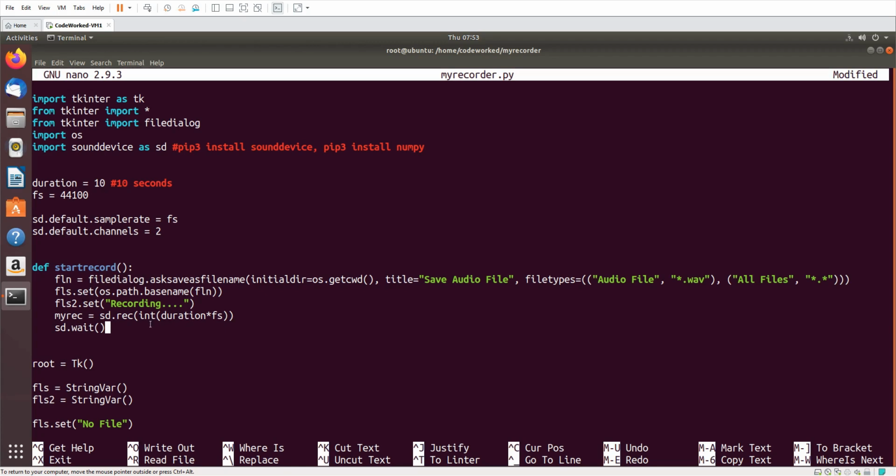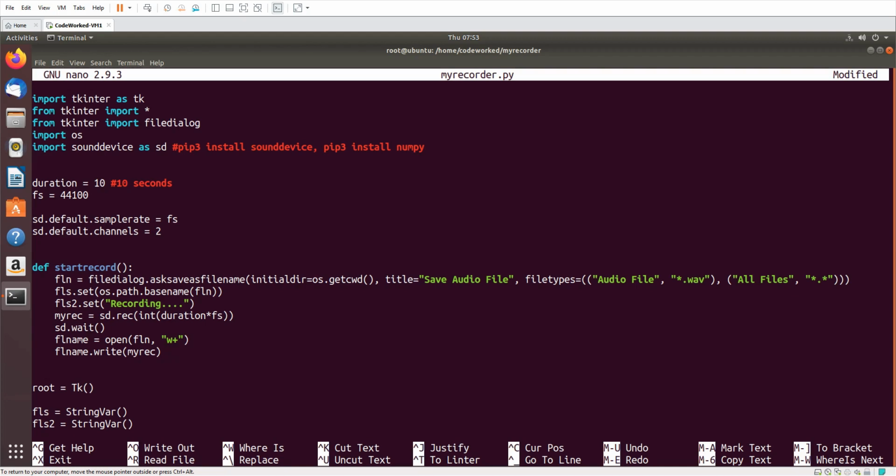Okay, but one thing, if I use it like this, open fln with w plus, and here fl.write(myrec), like we usually code file writing, right?